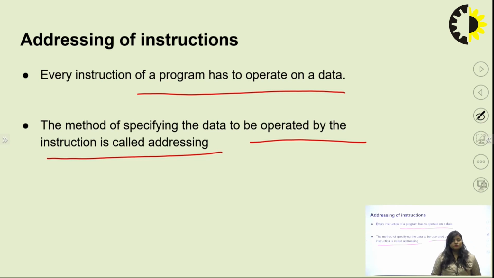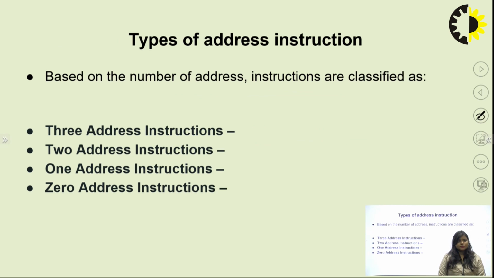Now let's move forward. We are having types of address instruction. Based on the number of addresses, instructions are classified as 3 address instruction, 2 address instruction, 1 address instruction, and 0 address instruction. We can also make a good flowchart of this to score good marks, like